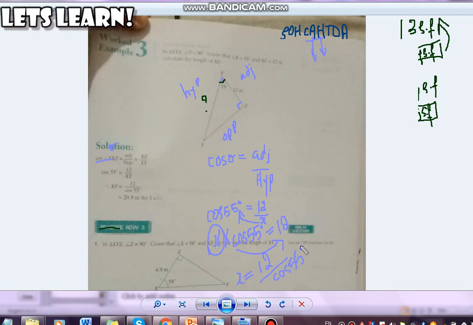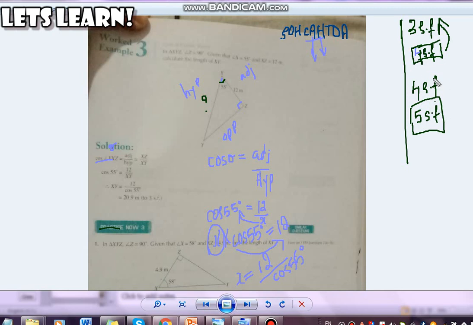We discussed this, but I am rewinding it again: if you are asked to keep your answer in 3 figures, then when you do the calculations you should keep your answer in 4 figures. Then you will do your calculations, and when you're done with all the calculations, you will change your answers into 3 significant figures. You will not change your answers during the calculations. This will result in wrong answers that way.